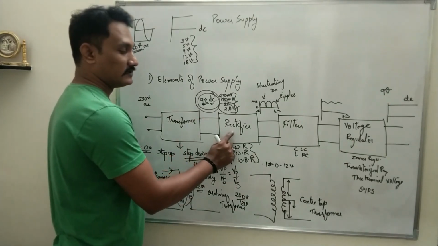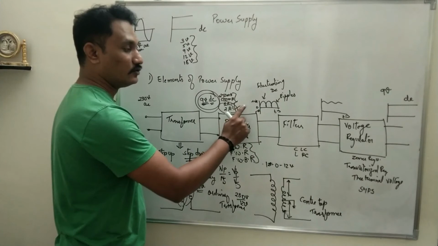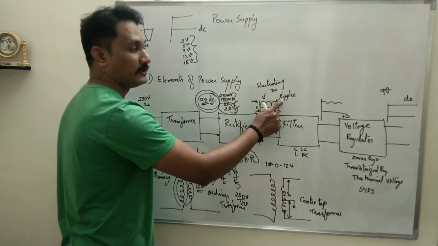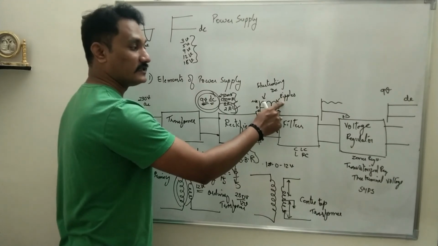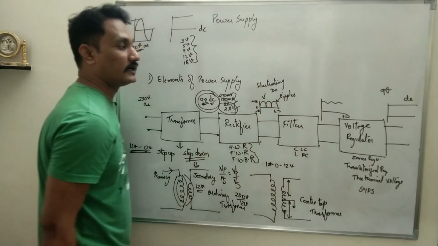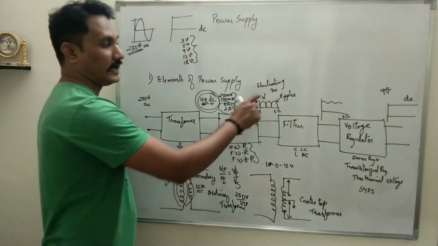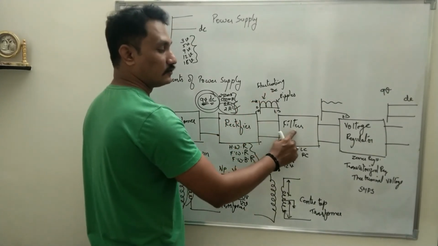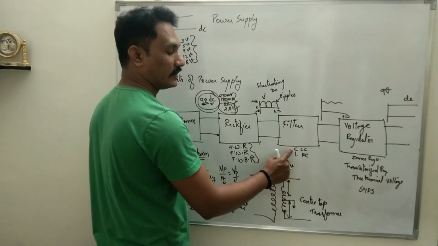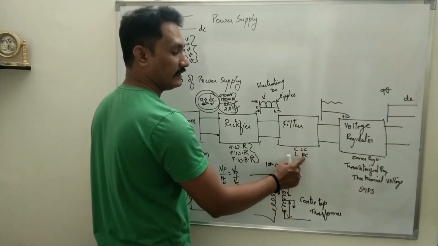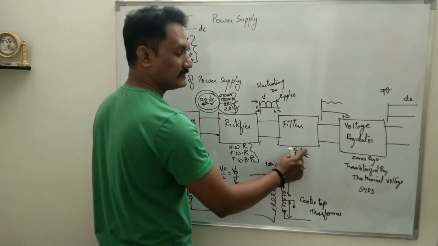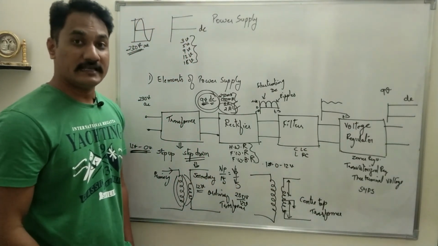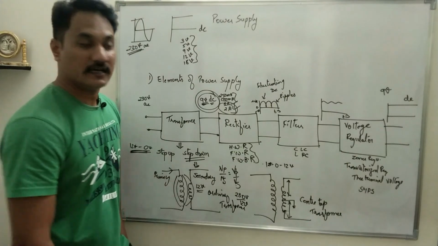After transformer, there is rectifier which converts AC into DC, but the output of the rectifier is not a pure DC, it has ripples. What is ripples? The AC component mixed in the DC component at the output of the rectifier, and that signal is called as fluctuating DC. So that signal is passed through filters. 4 filters we will try to understand: C, LC, L and RC, capacitive, inductive, LC and RC. What is the purpose of filters? Bypass AC and produce DC at the output.